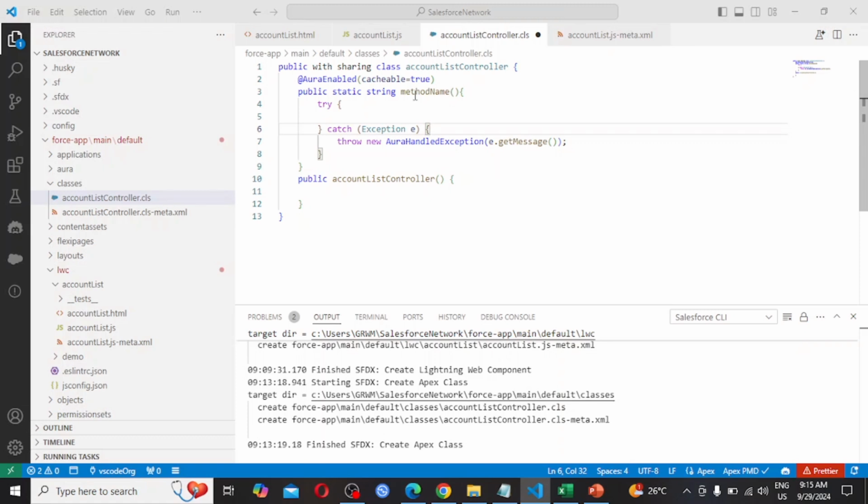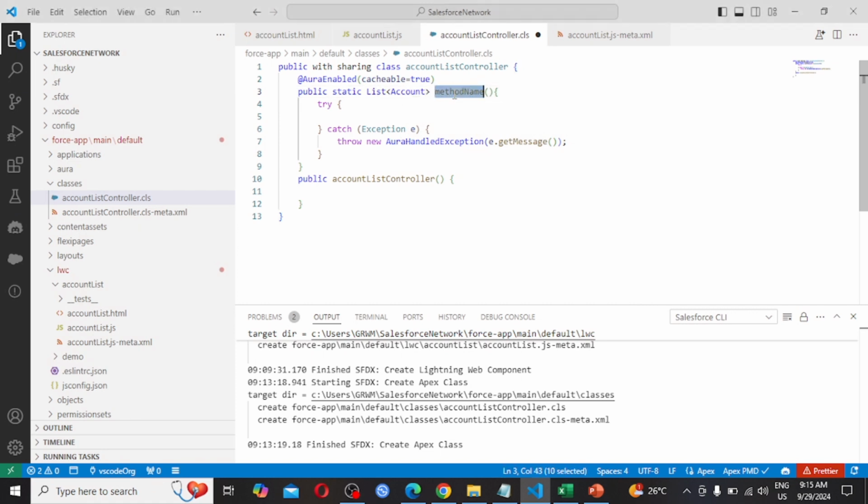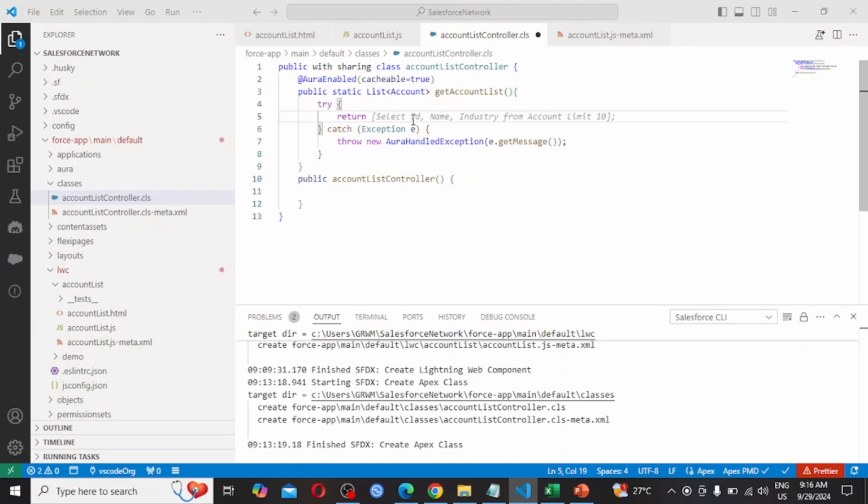As we have to fetch the accounts, here I am taking a list of Account, and for the method name I am providing getAccountList. In the try block I am writing return. As this is a static method, so return.